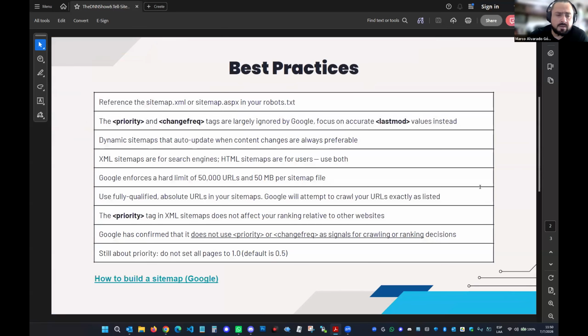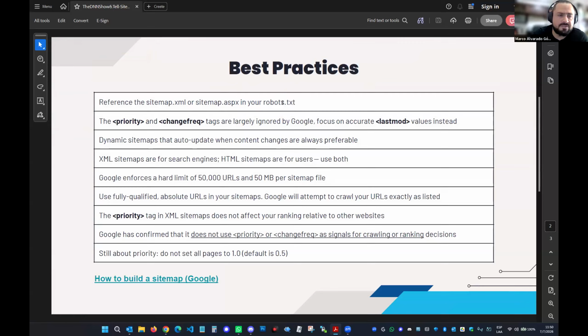What I'm going to share and what we're going to be talking about today is the best practices, and then I'm going to jump real quick into the DNN platform, the latest version, to take a look at the settings and how I configure those, and then we can discuss further. First,